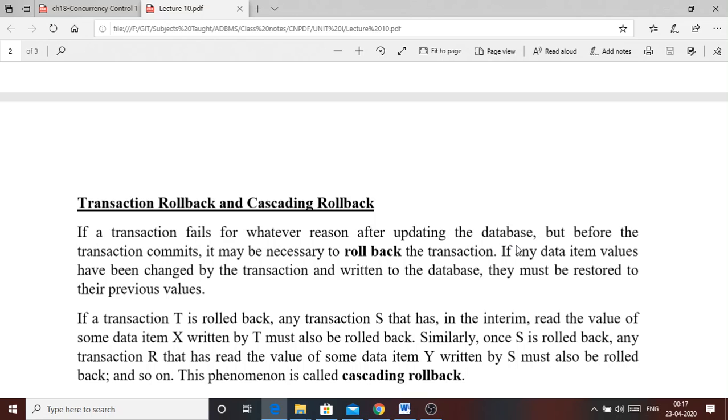Okay, and those values which it has written just before this update is done must be restored to their previous values. That means for those data items, suppose transaction T has failed before committing, then whatever was the previous value of that particular data item X, which was written by the transaction T, that previous value has